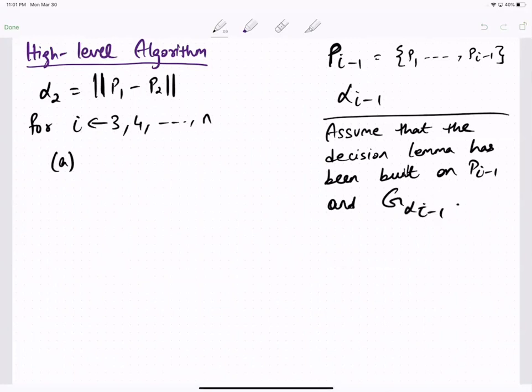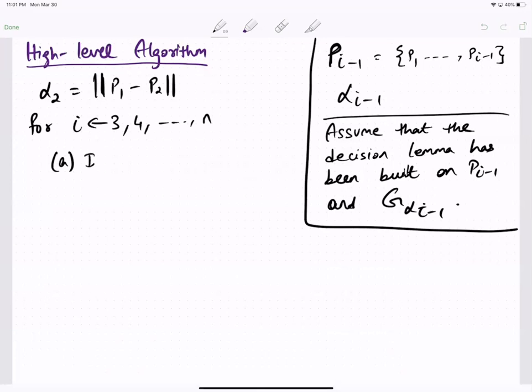So we'll assume there's a grid with parameter alpha i minus 1, and all the points in Pi minus 1 have been inserted into it. Okay. So now when this ith point is being processed in this for loop,